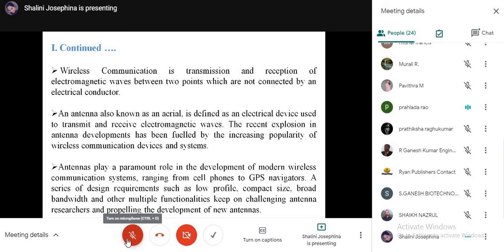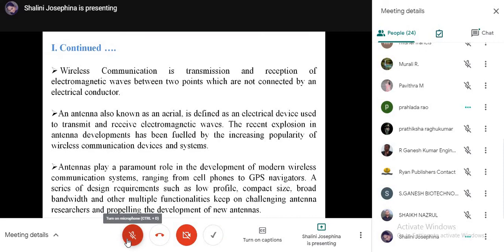Okay, antenna plays a very key role in the communication system. For example, it can be employed in a resonant circuit. An antenna can be employed as a matching device. Everybody might be knowing what matching is; this terminology you will experience in transmission lines. Where antenna can be used as a matching device means that the input impedance and the output impedance can be matched. That means we are trying to make that impedance equal so that